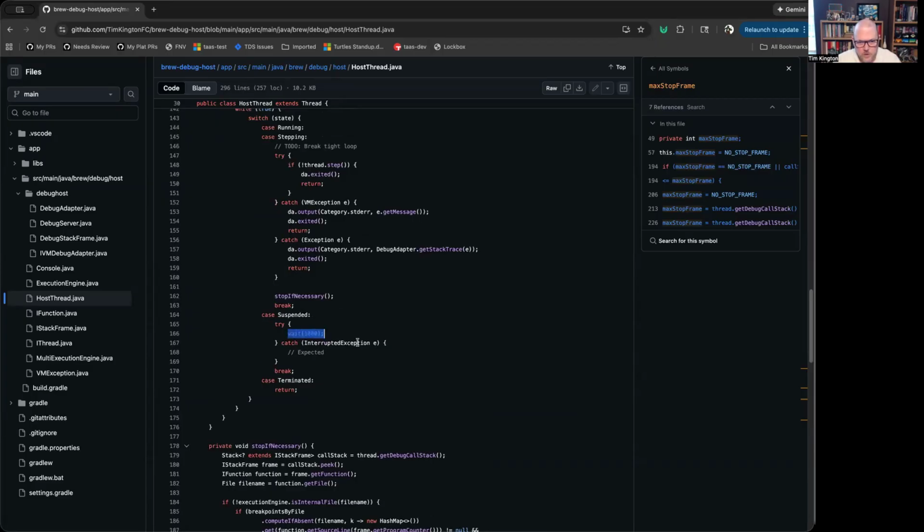So in our suspended, this wait 1000 is not really a sleep, right? It's a wait on the lock on the current object. And it will wait for up to a second, and then it will throw an exception if notify was never called. So no, that's not right. I think it probably just returns after a second. Anyway, it's going to wait for up to a second and then